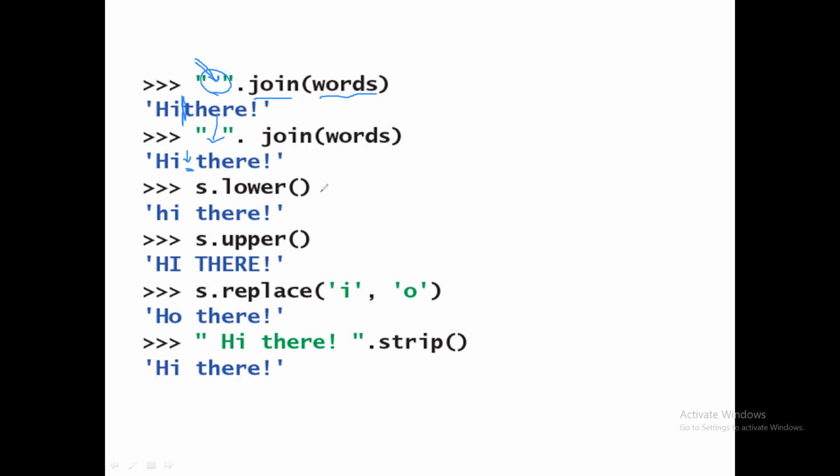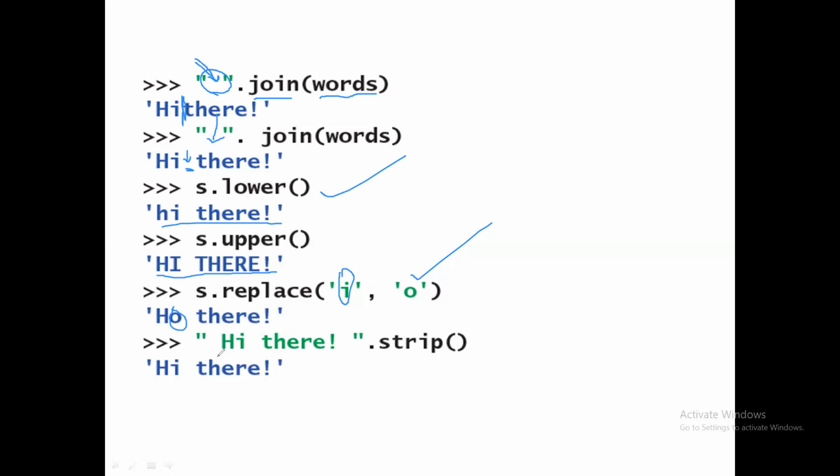And the next thing is s dot lower, which returns a string containing all lowercase characters. Similarly, s dot upper returns all the characters as alphabetical uppercase characters. S dot replace of I comma O replaces every occurrence of I with O. Therefore, in the hi there string, there is only one occurrence, so I is replaced by O. You can see it here. The original string will not be changed, that you need to observe. S is still going to be hi there, but if you want to apply the modifications, then s is equal to s dot replace.